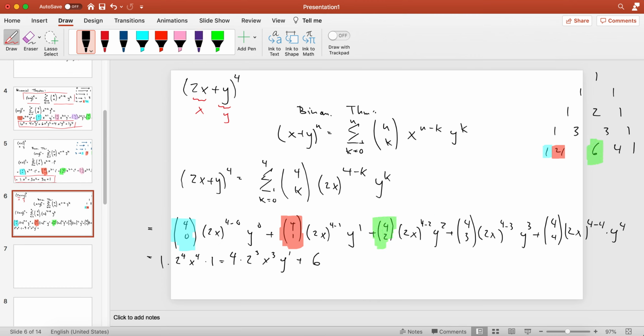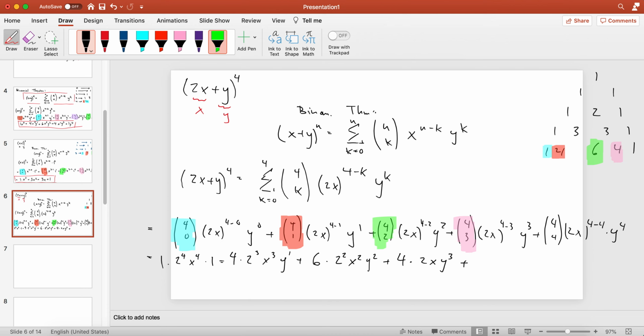So this is 6 times 2x squared, which is just going to be 2 squared x squared. Hopefully that makes sense, all the arithmetic that I'm doing. And then there's a y squared term. And then we have 4 choose 3 is 4. So that's 4 times 2x to the 1, which is just 2x, y cubed, plus, and then 4 choose